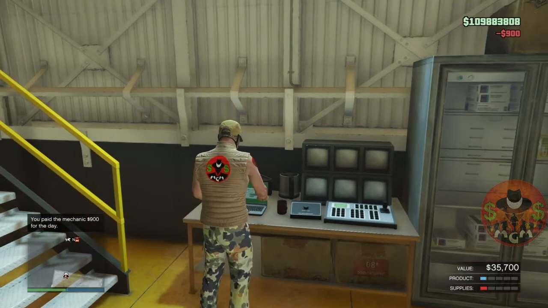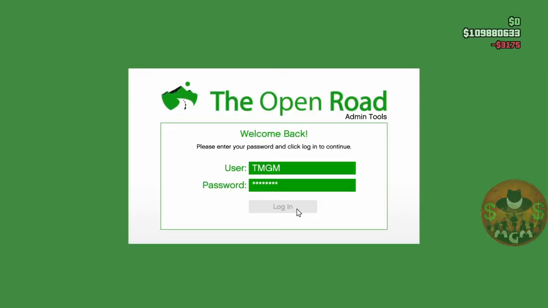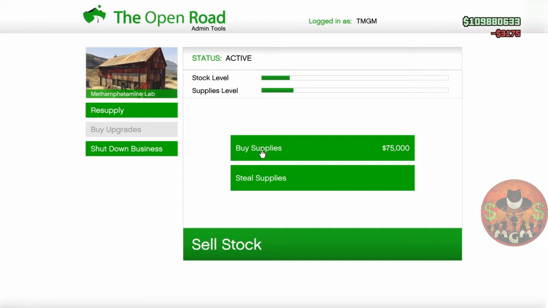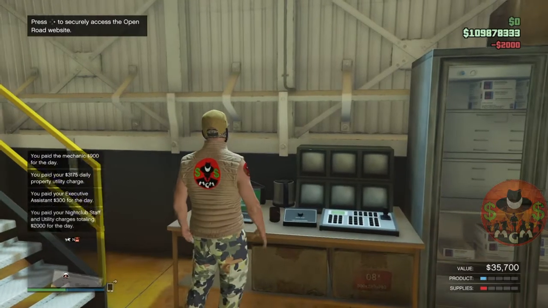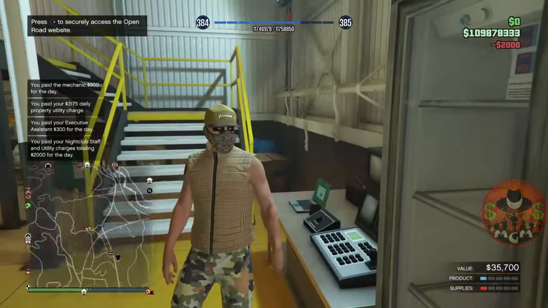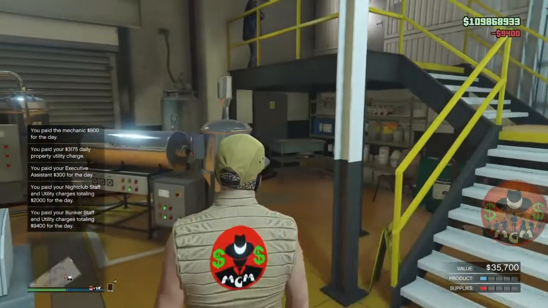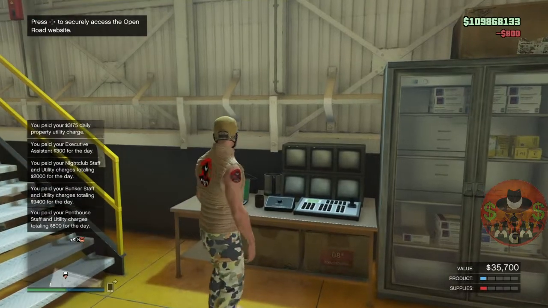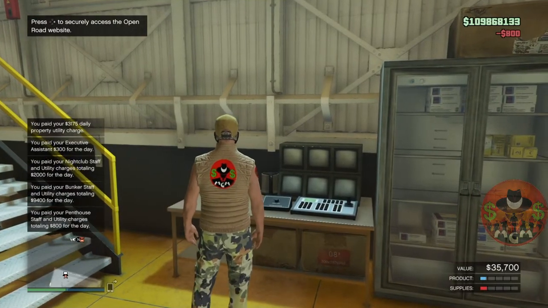But for people that are not worried about going solo and want the most out of their money, you want to just buy supplies each time. Don't steal them, because you can buy them. That way you can do other activities while your stuff's cooking, like you and your friends could go out, do some contact missions, or the biker contracts I was telling you about. Y'all could do that while the stuff's cooking, and when it's ready to sell, y'all just all get together and